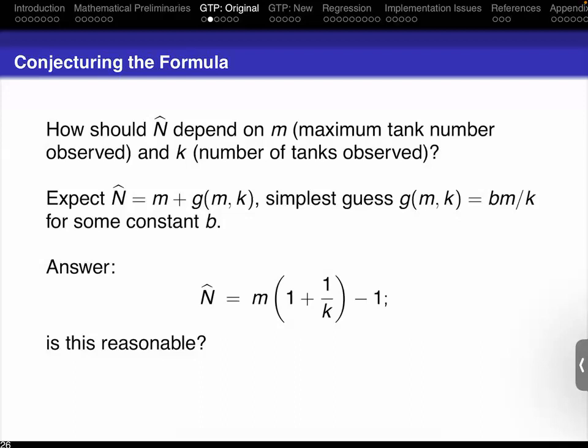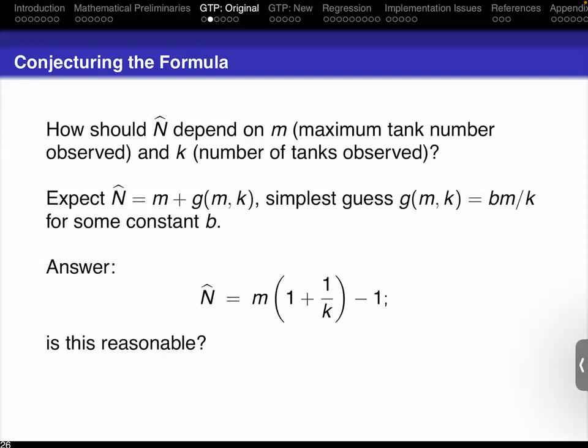Well, when k equals 1, this is basically telling you the number of tanks is essentially twice your largest value. Well, you only have one value. So if I'm choosing n tanks and I only choose one value, if you had to guess, what value do you think I would get? The middle. So when k equals 1, that's actually a very reasonable answer. It basically says double what you have. You probably got something in the middle.